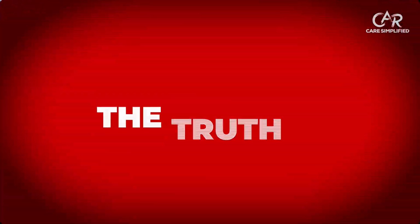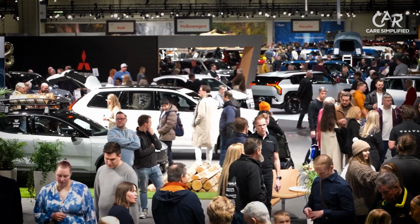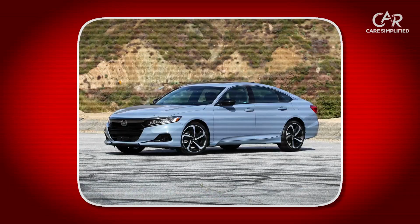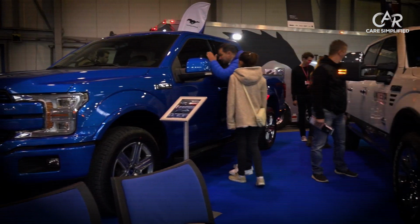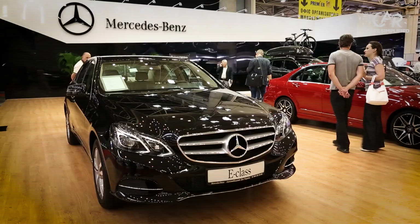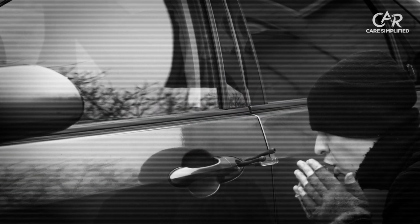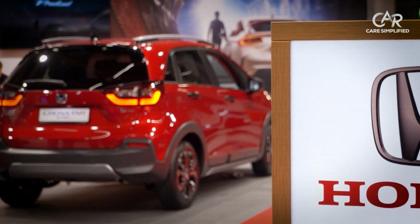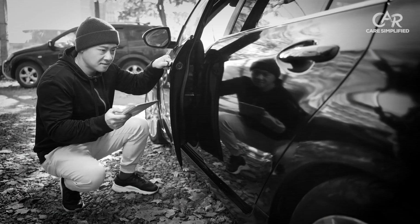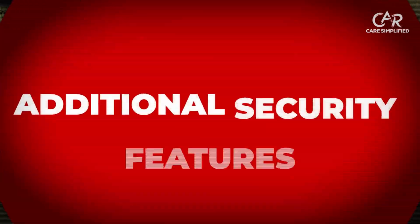Another common misconception is that keyless theft only affects luxury vehicles. The truth is that thieves target any vehicle with keyless entry, regardless of its market value. Honda Accords, Toyota Camrys, and Ford Escapes appear on theft reports just as frequently as BMW and Mercedes models. Accessibility and ease of theft matter much more to criminals than the vehicle's price tag. They'd rather steal a $25,000 Honda that takes 60 seconds than struggle with a $80,000 BMW that has additional security